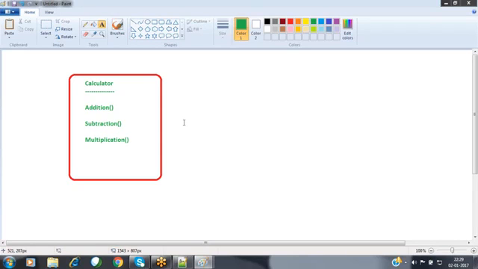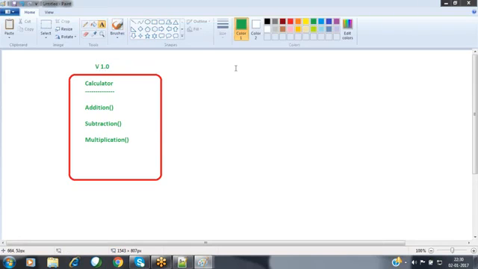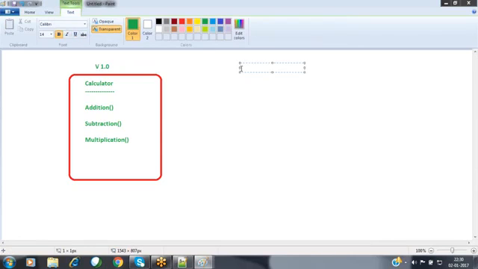So now the client is expecting some more new functionalities as part of the latest release, or as part of the latest enhancements. The customer wants us to provide some more additional functionalities over here. Now assume that this calculator we have provided is version 1.0. Now the client is planning to release version 2.0 here.